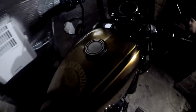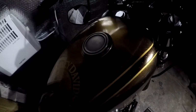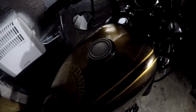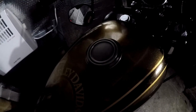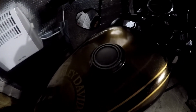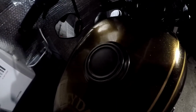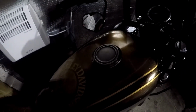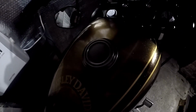Now, as good as that is, I always thought that this was a little bit plain in the centre, and I was very close to getting the engraver out and doing a bit of engraving on there just to smarten up and bring a little bit more detail in the centre of the cap. But in the UK it's £120, I don't know what that is in dollars, it's an expensive cap, and if you make a mistake with your engraving, you're back to square one. So I did a little bit of searching around to see if there's anything I could find to go in the centre. And what I came across is